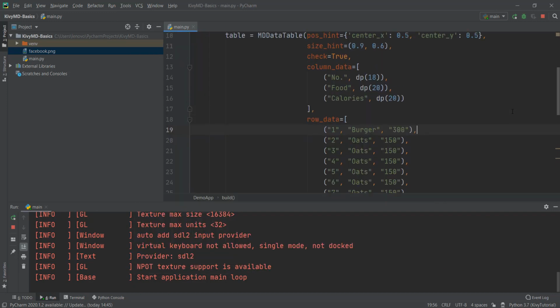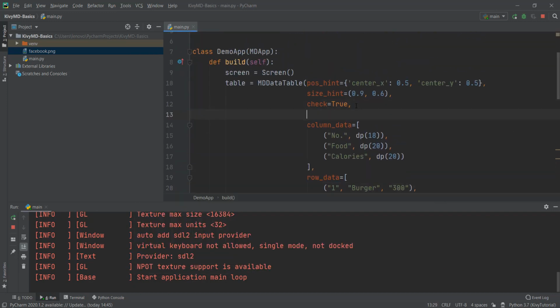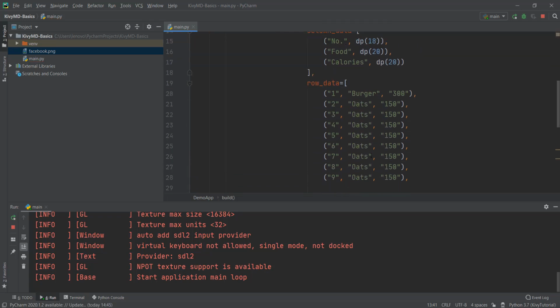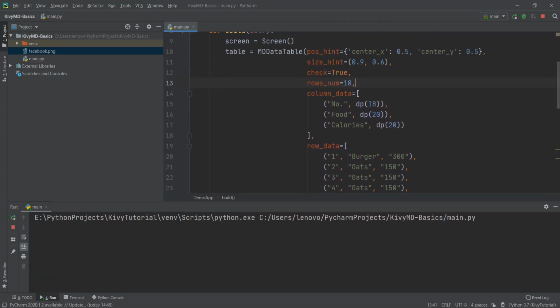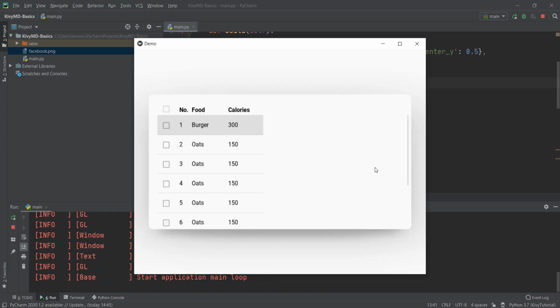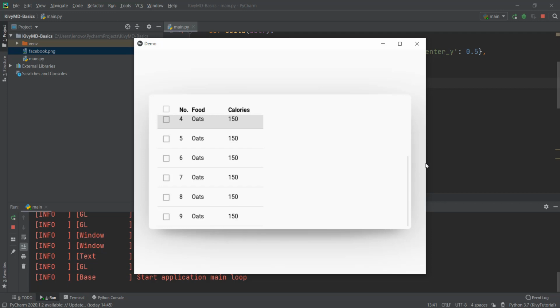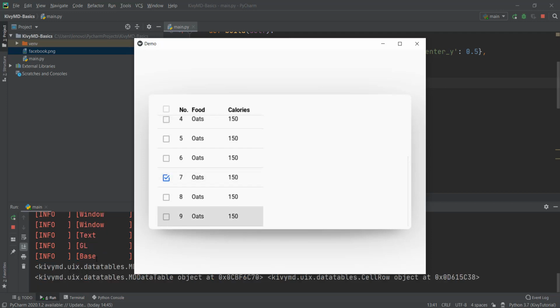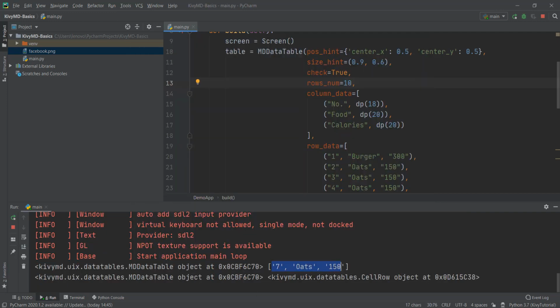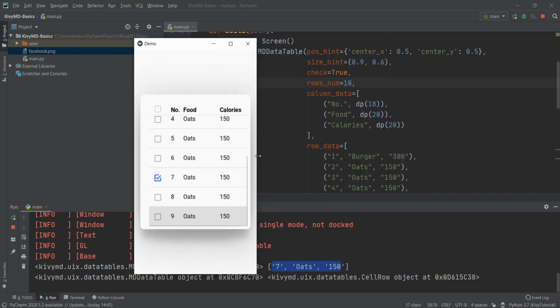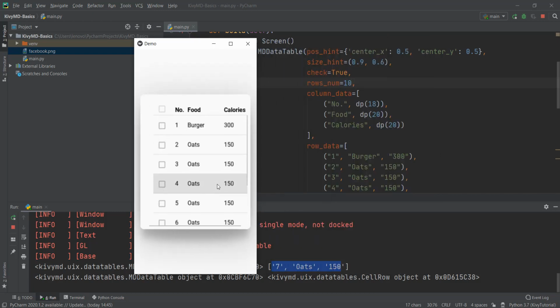So what you can do is you can add another parameter over here, and this is known as rows_num. So how many rows should be displayed on our screen? So we're just gonna add 10 over here, so that if we have 10 rows, all 10 rows can be displayed on our screen. So now let's reload it, and you'll be able to see that you can see 6 rows, and then you can just scroll down and see more rows, and whenever you click on a row, you can see the data of that row. So now let's see how it looks on our mobile phone, and you can see this is looking pretty good.